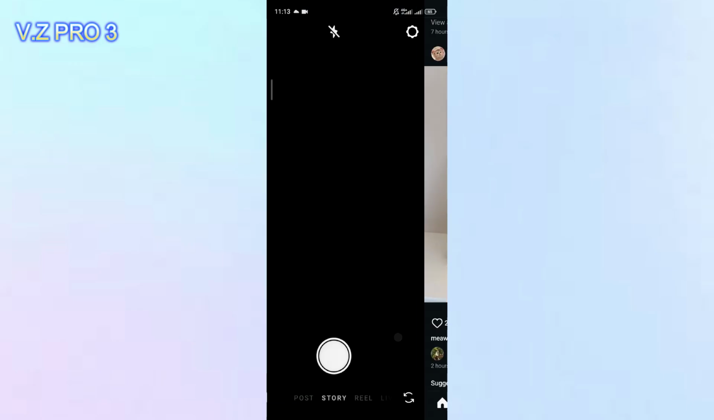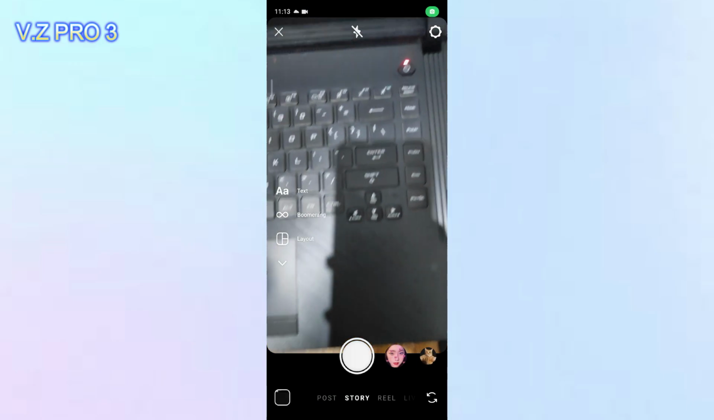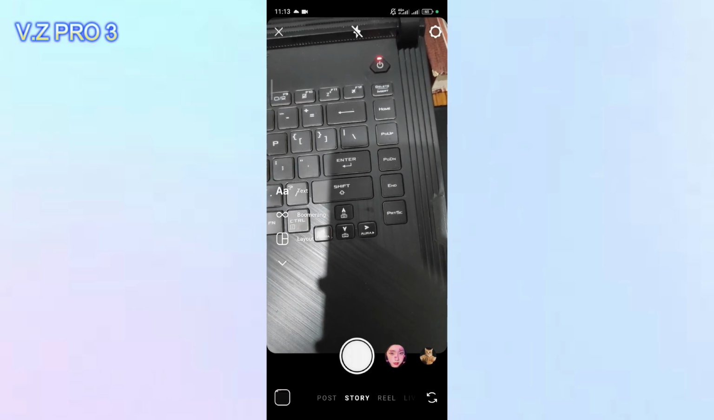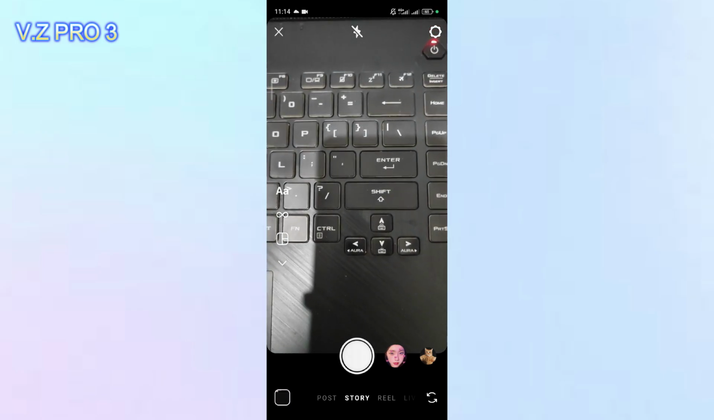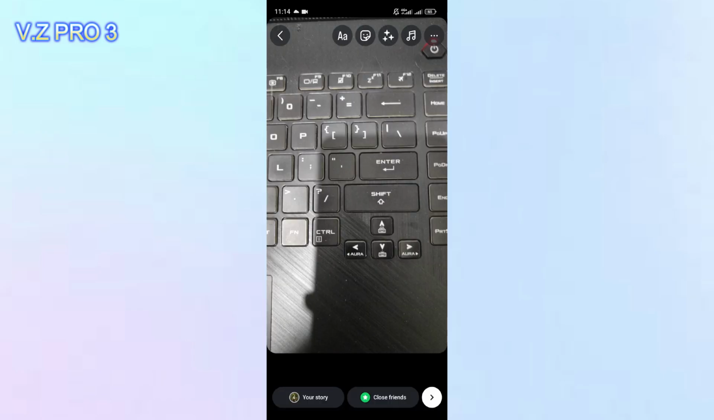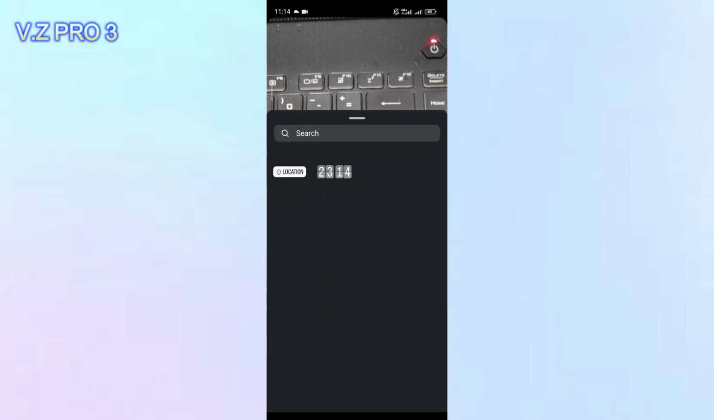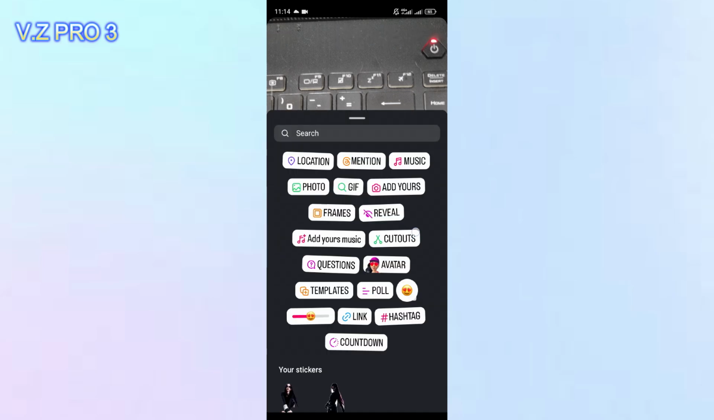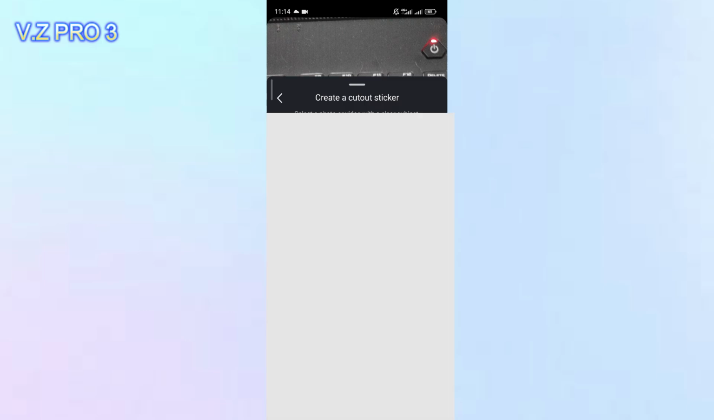Now you can just open your camera on your story. For example, we try to capture this. So here you can find your cutout feature on your story section. There is a sticker icon on the top of your story. You can just tap on that, and you'll find there is an option, cutouts. You can just tap on that, and here you can choose the picture that you want to